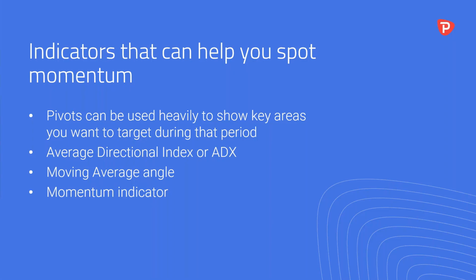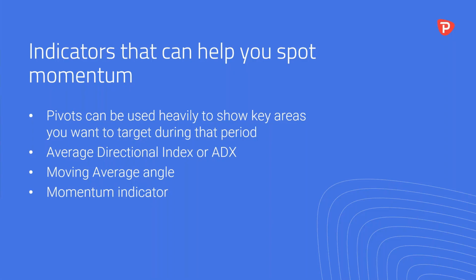But tonight, it's all about how do we spot momentum and how do we understand where the market might move to next. So indicators that may help us spot momentum, Ty. Well, one of them is pivots. And these can be used to show areas that you want to target during that period of momentum, and also whether the market is coiling and in a range that is not usual to how that currency usually trades. And you can spot that just by seeing the pivot ranges for that day. And price would have shown you it anyway, but it's a good double check.